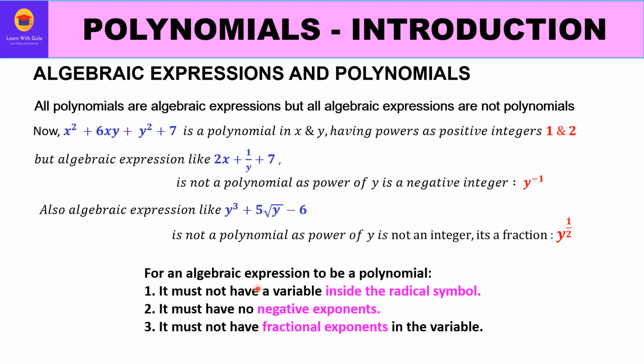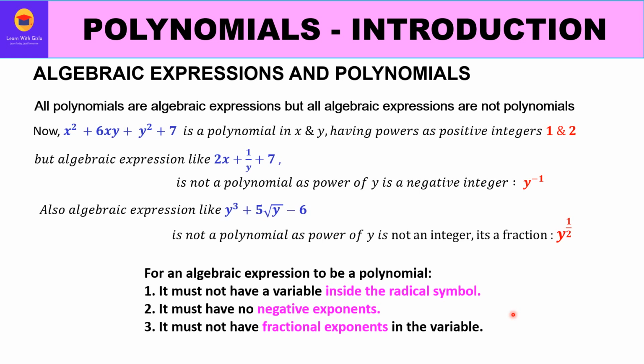So the important point to note over here is that for any algebraic expression to be a polynomial, first of all, it must not have a variable inside the radical symbol. That means under a root sign. It must not have any negative exponent, that is minus in the power, and it must not have a fractional exponent in the variable, right? So we conclude that all polynomials are algebraic expressions, but all algebraic expressions are not polynomials,